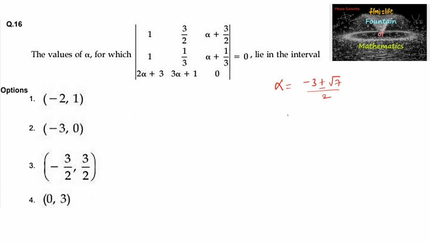So alpha is equal to minus 3 plus root 7 upon 2, or minus 3 minus root 7 upon 2,